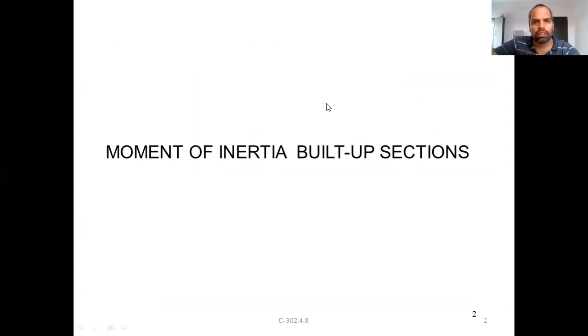In the last class also we discussed what built-up sections are, the different types of built-up sections, how to make them, which sections are called built-up sections, where to use them, and how to calculate the moment of inertia of built-up sections. This is what we discussed in the last class. Now again, let us